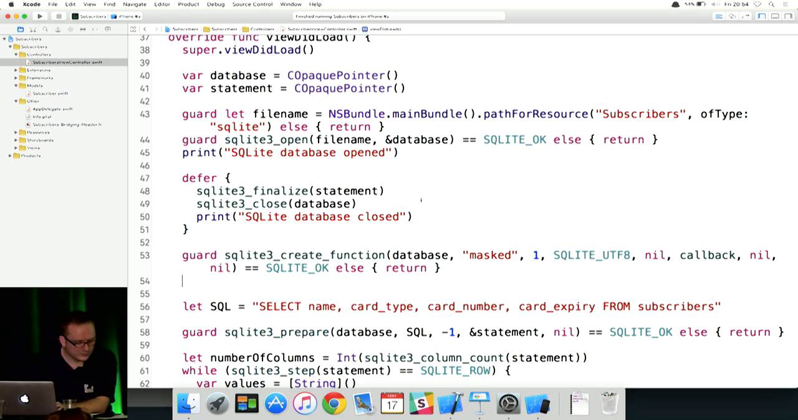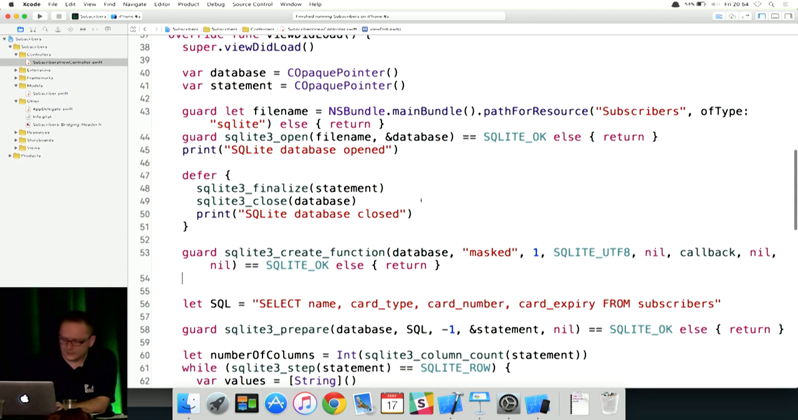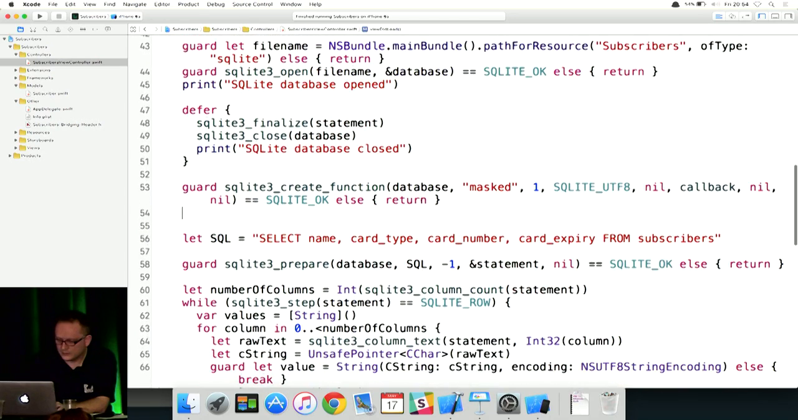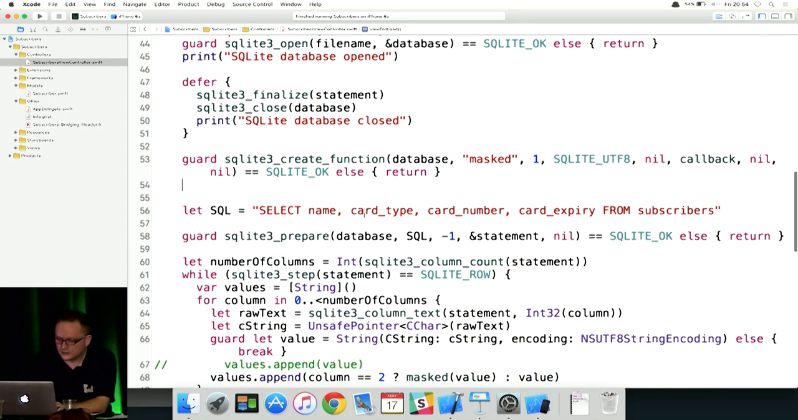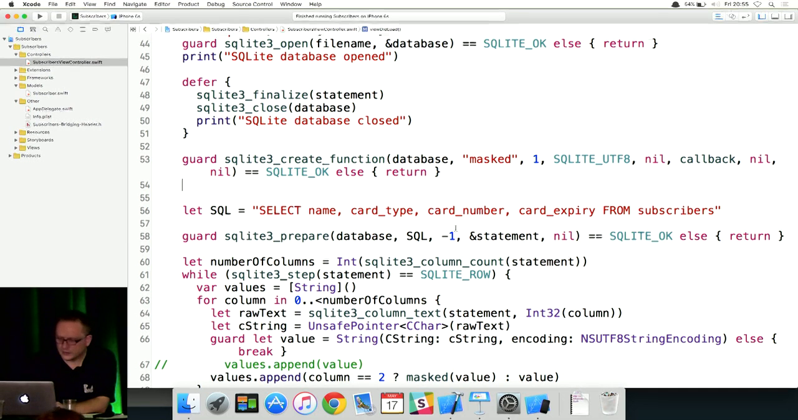the other thing that we need to do is update our SQL statement to actually call that function. So on the card number, we're just going to wrap that in a call to masked, like so. And then if we build and run,